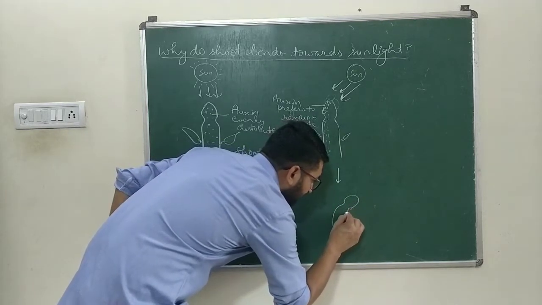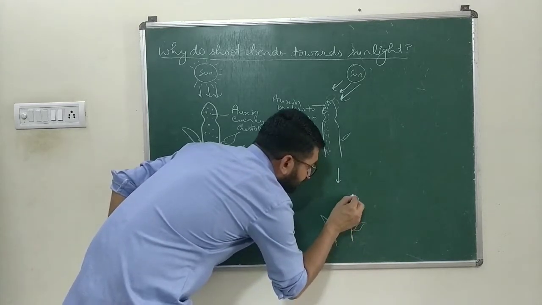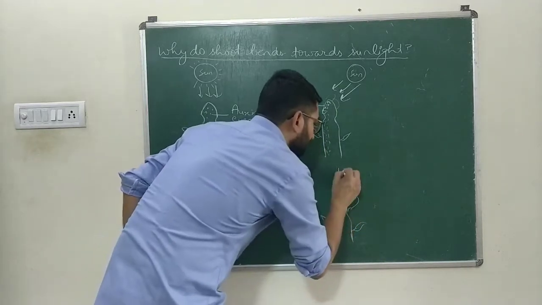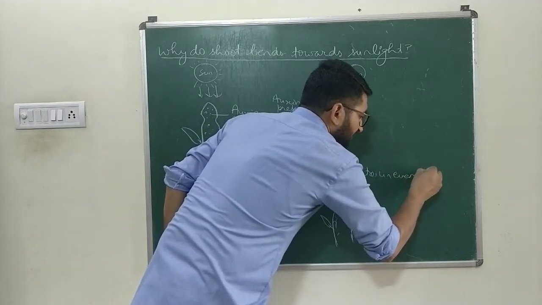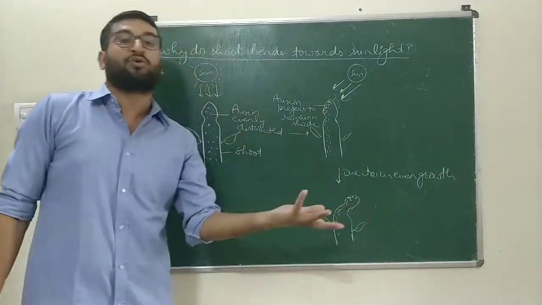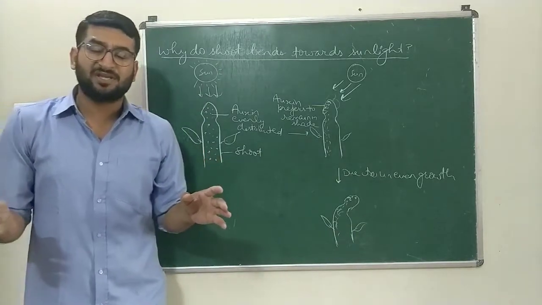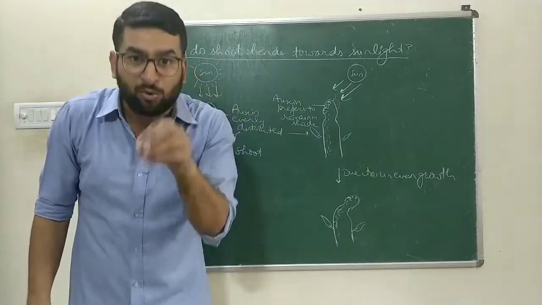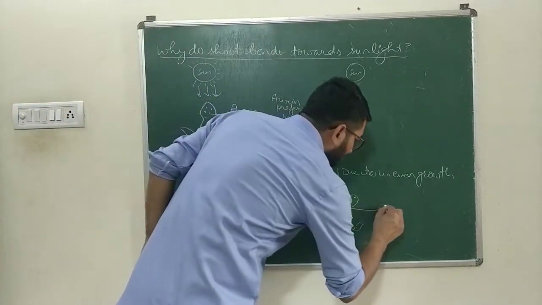The stem bends towards the sunlight. So, due to uneven growth, what do you mean by uneven growth? The growth on the one side where auxin is collected is more, obviously, which growth promoter है auxin, तो ऑक्सिन जिस तरफ ज्यादा होगा उस तरफ ग्रोथ ज्यादा होगी, जिस तरफ ऑक्सिन कम होगा उस तरफ ग्रोथ कम होगी। Due to this uneven growth the shoot bends